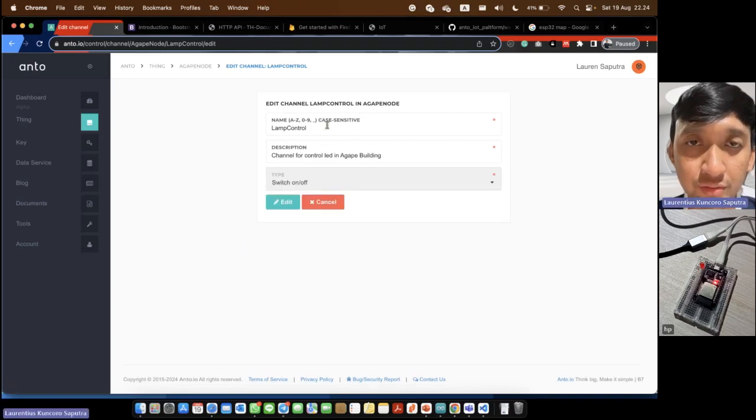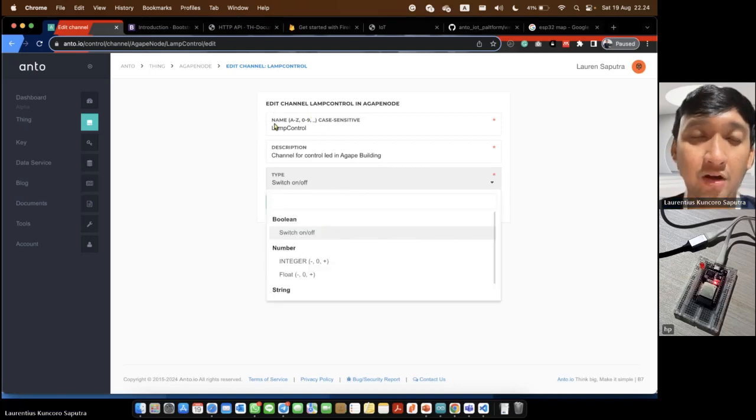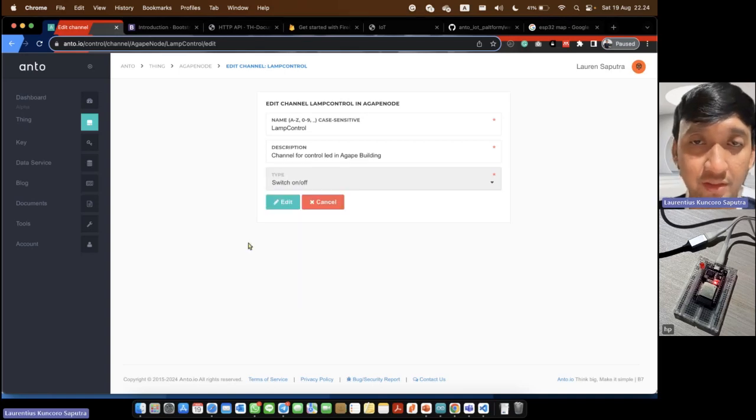Because we want to know the state of the lamp, we configure the lamp control channel with Boolean, switch on or switch off.